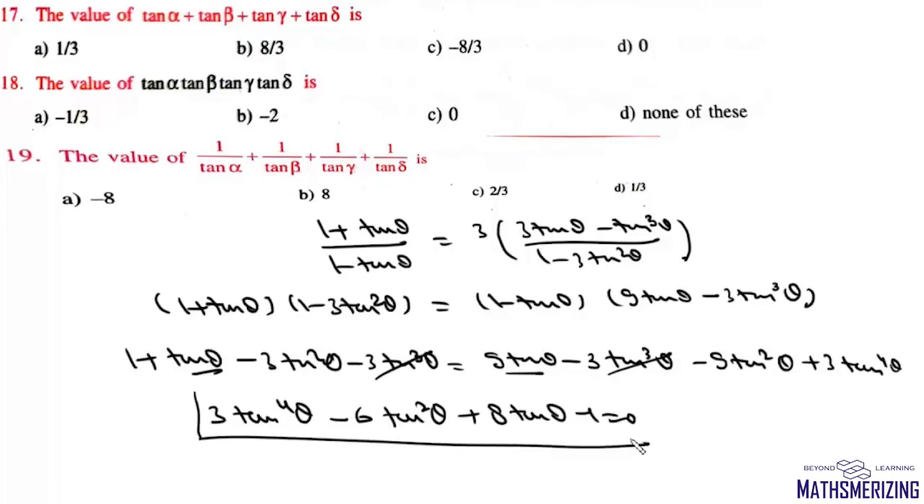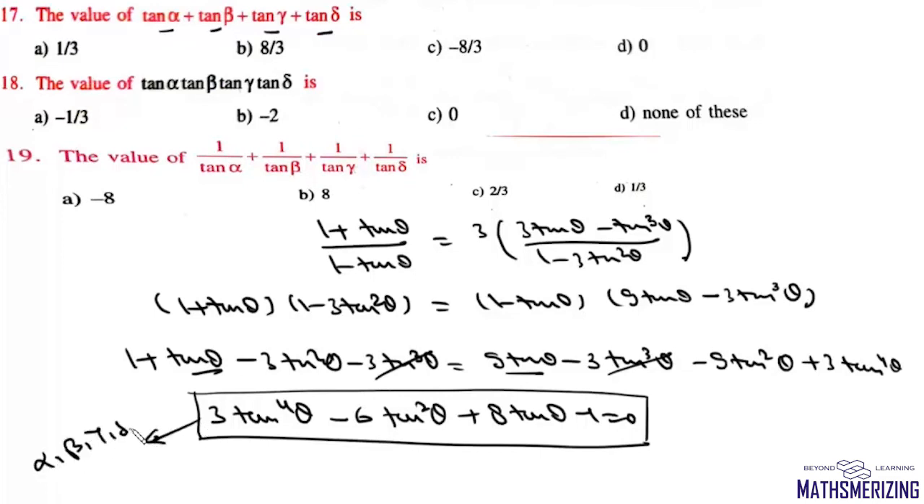So now this is a biquadratic polynomial in tan theta. The first question is we need to find the value of tan alpha plus tan beta plus tan gamma plus tan delta. This biquadratic equation has four roots: alpha, beta, gamma and delta. Here S1 will be tan alpha plus tan beta plus tan gamma plus tan delta. This value will be minus b upon a. Now b here is 0. So the value of tan alpha plus tan beta plus tan gamma plus tan delta will be 0,